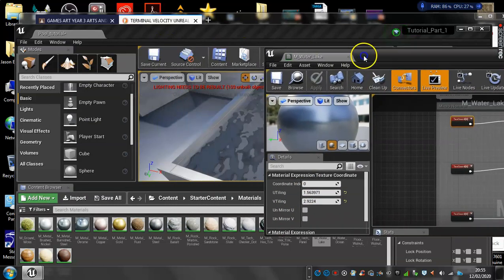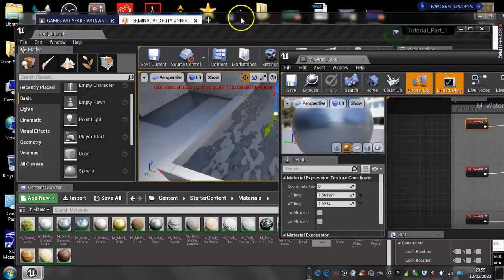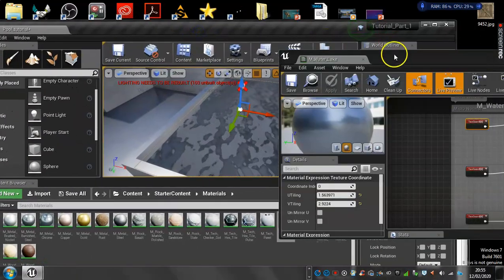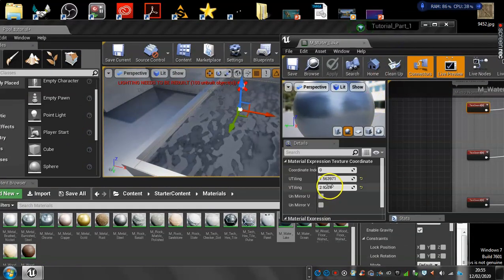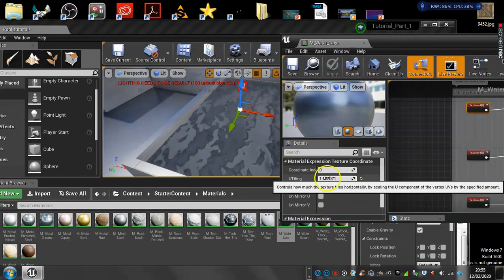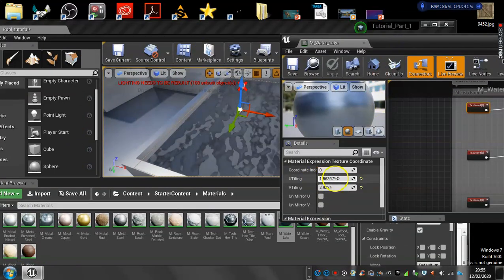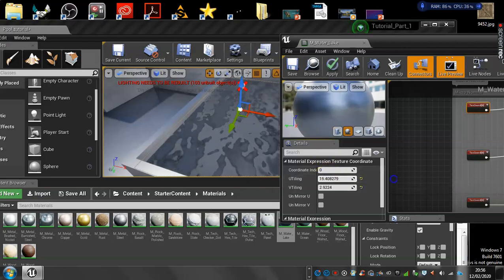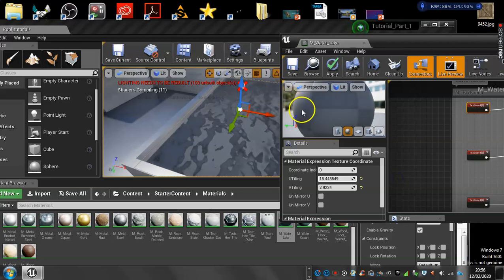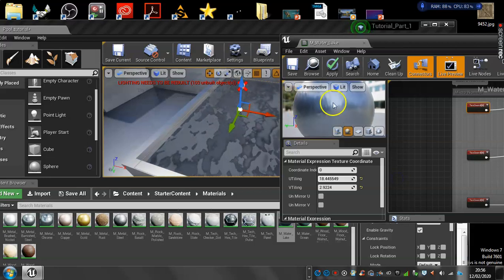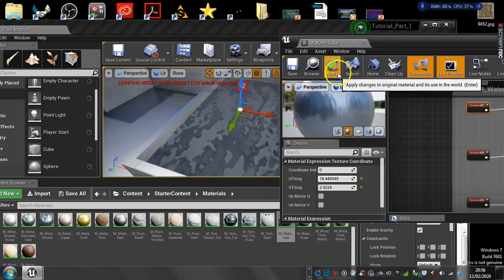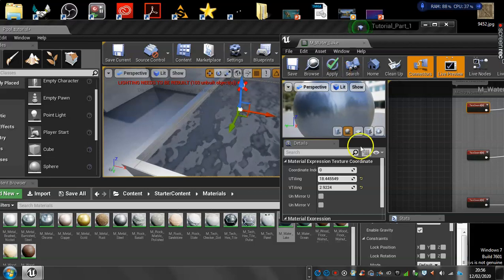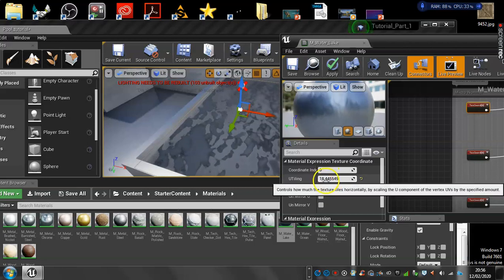So I'm just going to move this to one side just so you can see, and you can play around with these numbers. If you hover your mouse over the actual box, it'll show you, and you can increase. I suggest just have a play. Yeah, you see there I've stretched that. Now it's really a bit of trial and error. You can see there I've made that quite, that's about